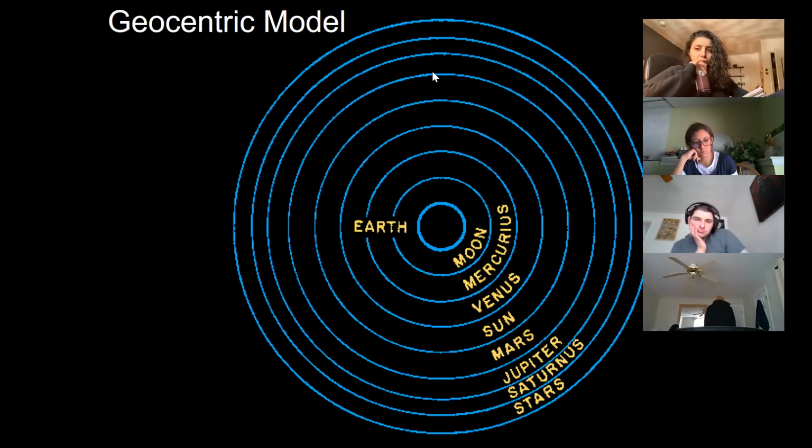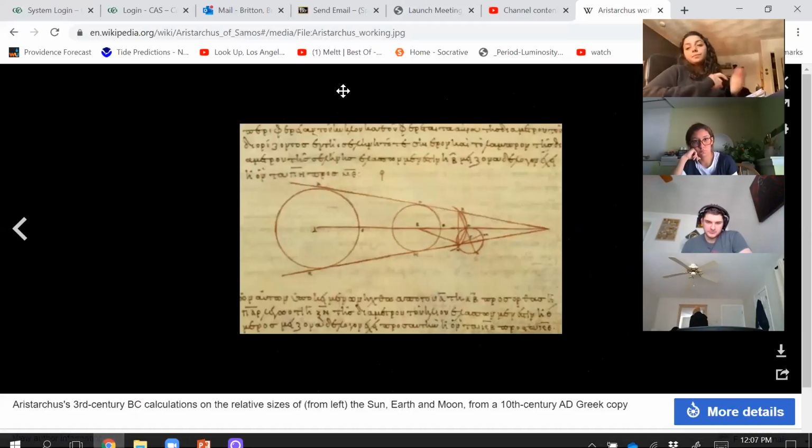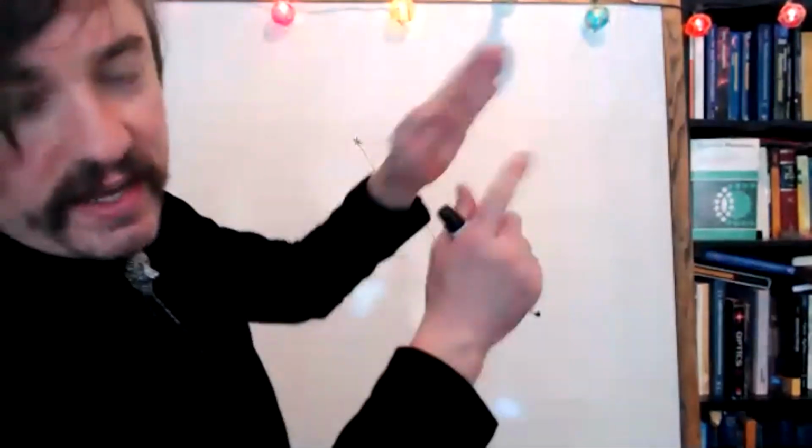As I was mentioning before you guys chimed in with the buzzword parallax, there were philosophers in ancient Greece who proposed that Earth might not be the center of the cosmos. And this Aristarchus fellow, he had calculated the relative distances to the sun and moon based on two different phases of the moon in orbit. Basically, he had performed this calculation where he figured out that the sun was 400 times farther away than Earth.